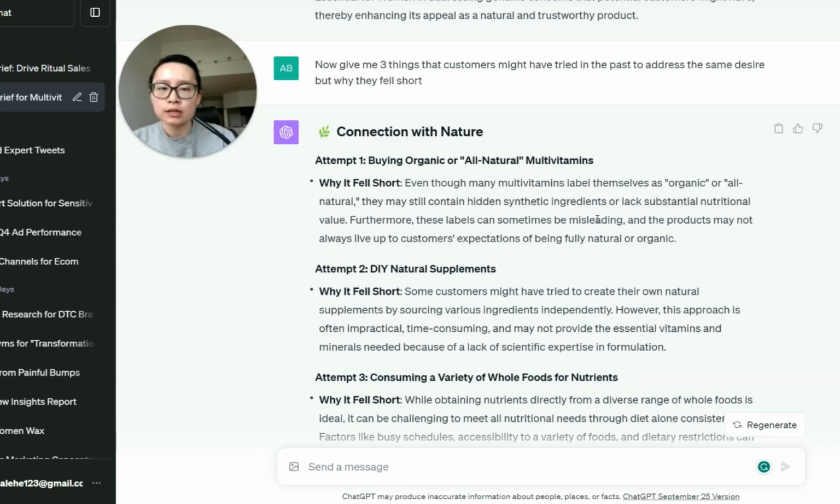And the things that ChatGPT returned are attempt 1, buying organic or all natural multivitamins. So essentially, what this is saying is some brands will say it's organic or all natural, but they will include chemicals or hidden synthetic ingredients that are actually in the product.